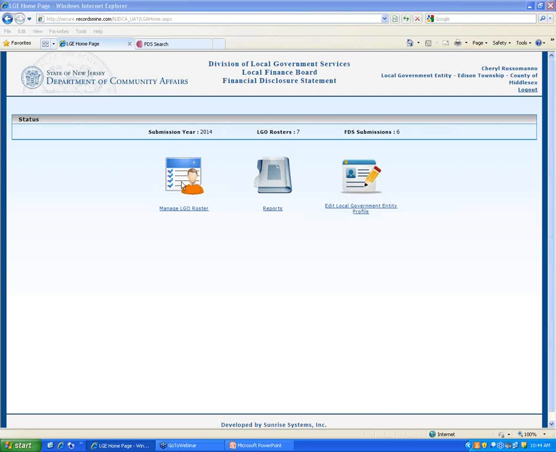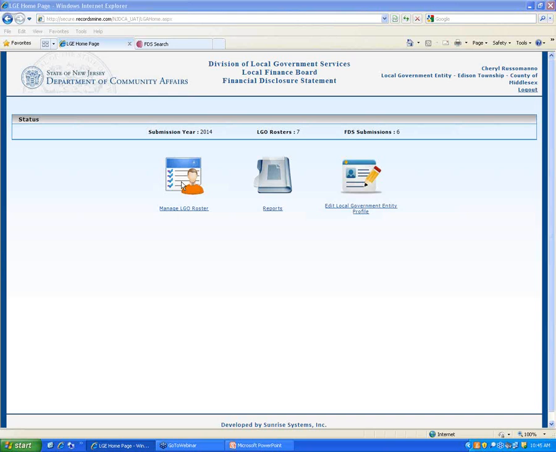Now, I know Chris would say that, as a member of your entity, organization, municipality, whatever, you can let them use one of the computers at your organization to sit down and file that if they don't have their own computer. As Chris said, I wouldn't fill out their FDS, but it doesn't preclude you from instructing them of what to do and what fields to go to. They would have to fill out the information, but you can direct them that way. The other way is, I know we're talking about mainly probably the older community here, ask a son, a daughter, a grandson, granddaughter, a friend to help them.